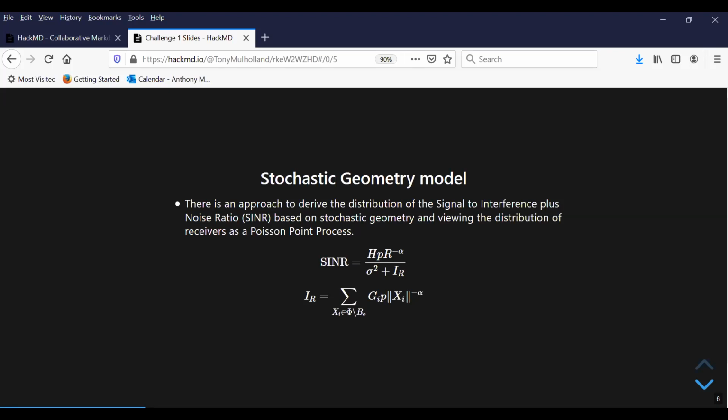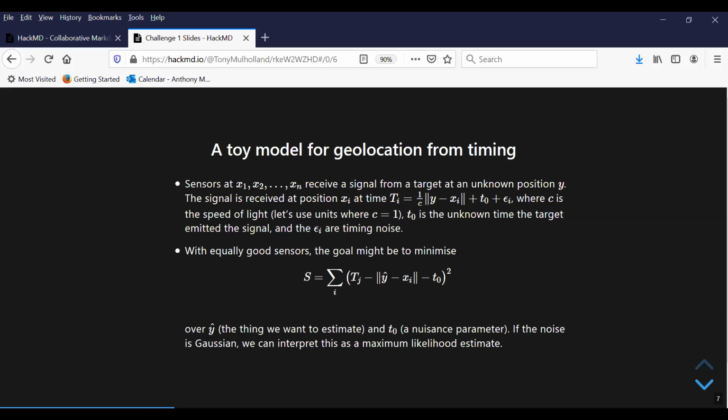So if we go on to slide 7, the next few slides are going to describe our attempt to do that. First of all, we're going to describe roughly how time difference of arrival geolocation works, and then we're going to apply how that happens when you have a random set of sensors. So in TDOA geolocation, you assume there's an unknown point here denoted by Y, which emits some kind of bang